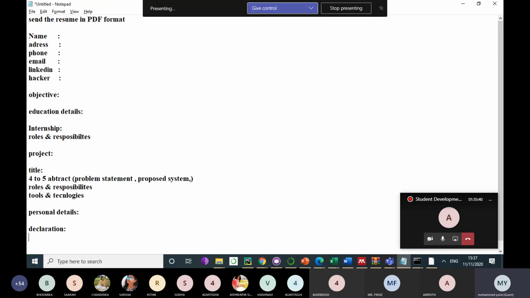You can add a section of achievements and education details. If you do not have a good aggregate it doesn't really matter, but if you can push it up in your seventh and eighth sem, please try to do it. For the people in fifth and sixth sem, you have got time, but you have to study right now to increase that aggregate. Right now the criteria is minimum 65 in PUC, 65 in SSLC, and here the CGPA is minimum 6.75. Less than that, it's quite difficult.